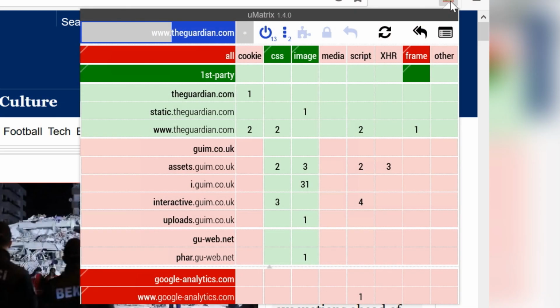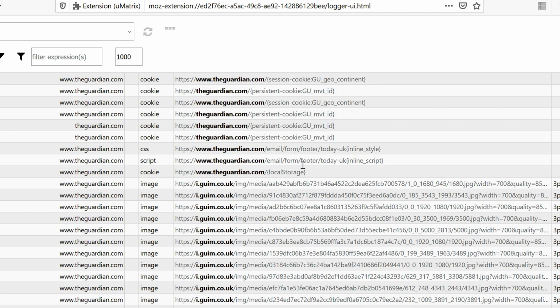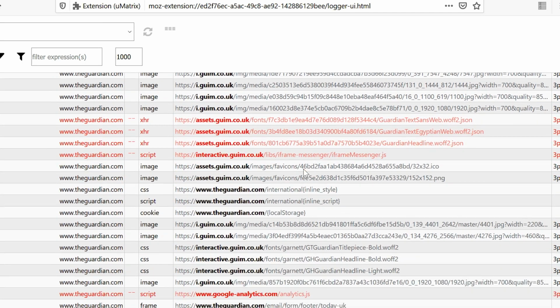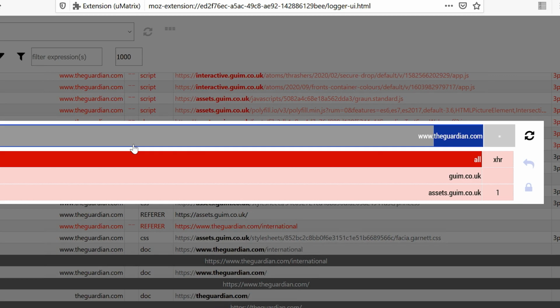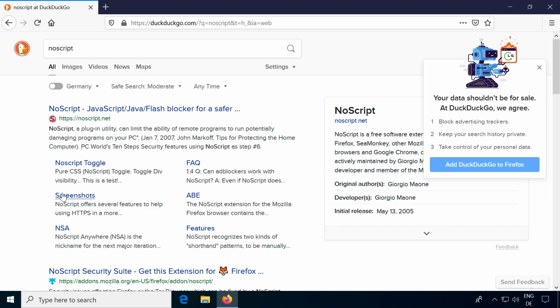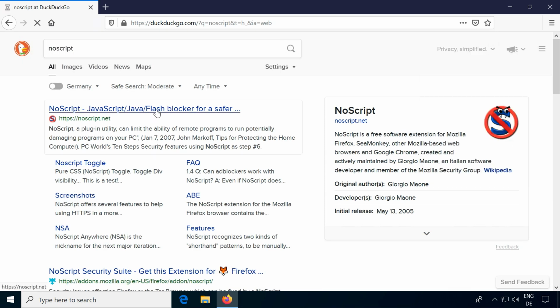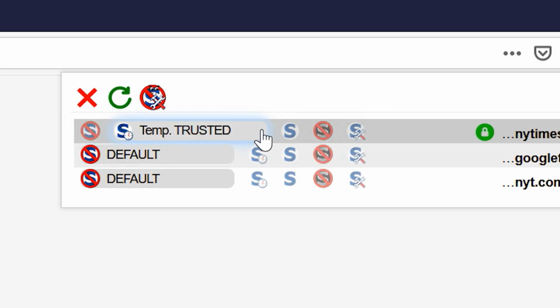On September 18, 2020, the original developer for the popular browser extension uMatrix announced he won't be spending any more time on the project. It was a content and script blocker with fine control over all domains connected to the current website. This is why it seems to be a good time to suggest both to former uMatrix users and to anyone new to script blocking to try the established extension NoScript.